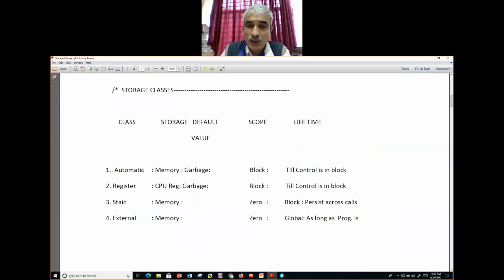Garbage. Now, what is its lifetime and scope? It is till the control is in the block, and the scope is within the block. Probably you have heard about the 35 movie, 70 movie, and all these things. What is the meaning of that? 70 is the scope, the visibility of what you see on the white screen. Similarly, here the scope is a block, and lifetime, I mean birth and death, is till the control is